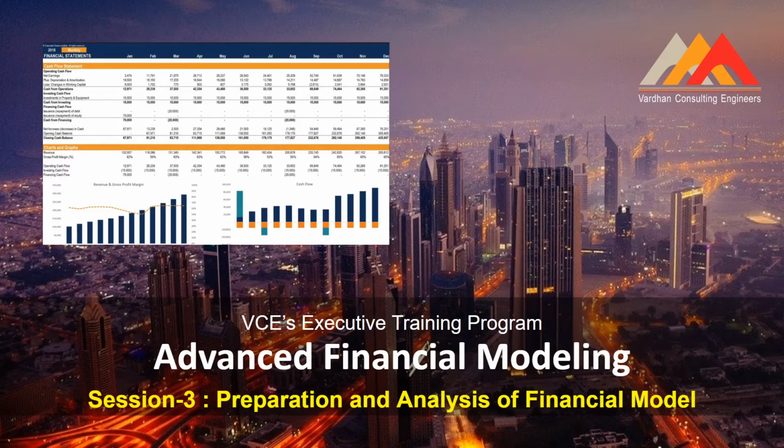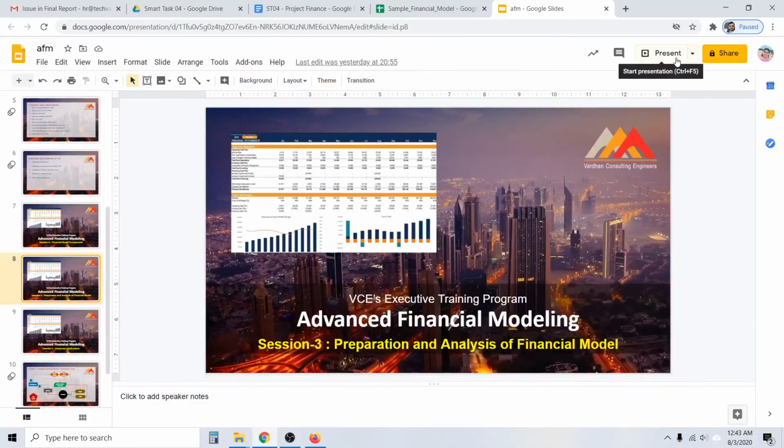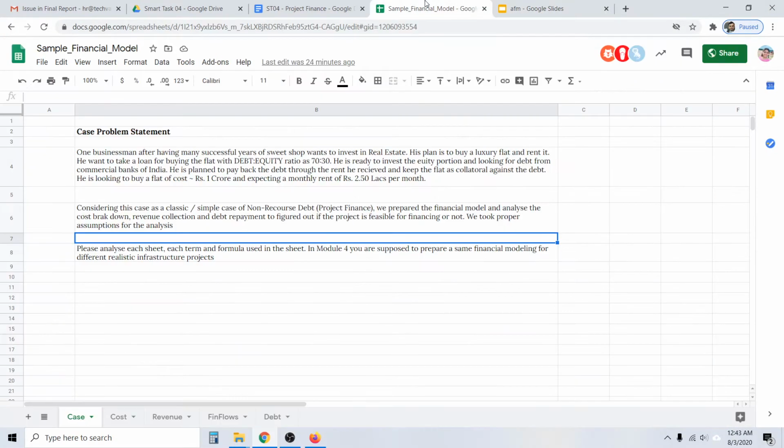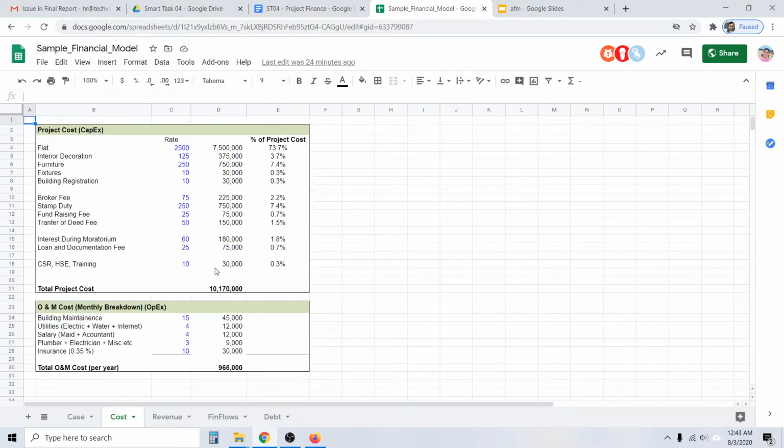Okay, so let me explain what the finance part of the financial model is. Let's go sheet by sheet. Suppose there is a cost sheet here. What do you need in this cost sheet? What is more important? It is the project cost, capex, and the opex. Even if you don't get the breakup, even if you don't know the breakup, because the project is entirely new, you don't know.